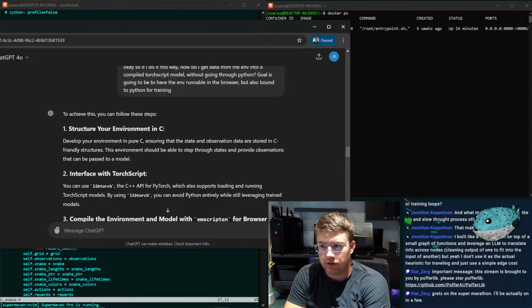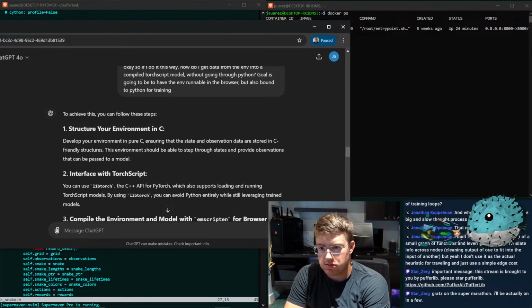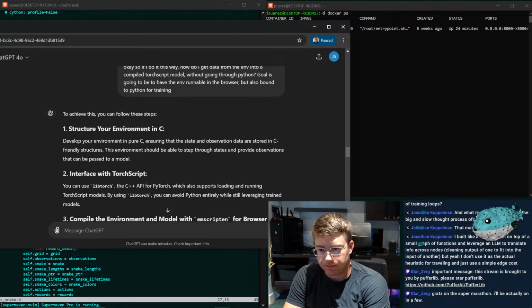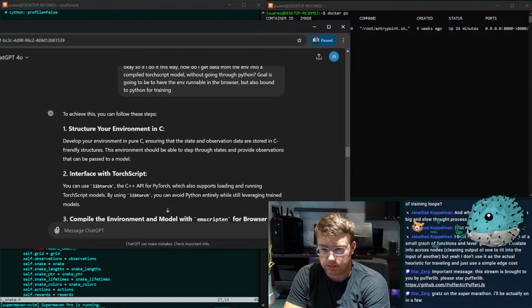Because nobody else is going to do this, right? Nobody else is going to write these environments in C. But still, the idea of having a 400 line script that does all of this is very appealing.